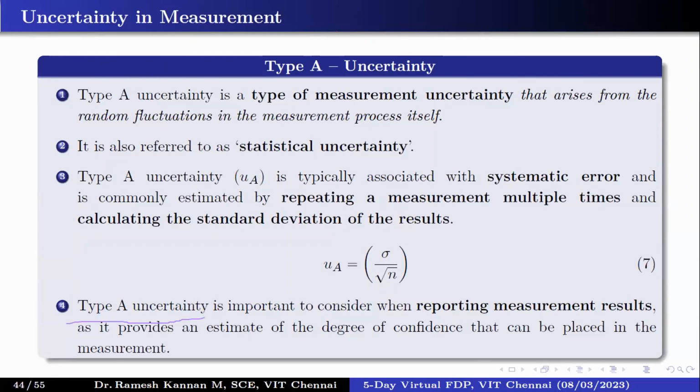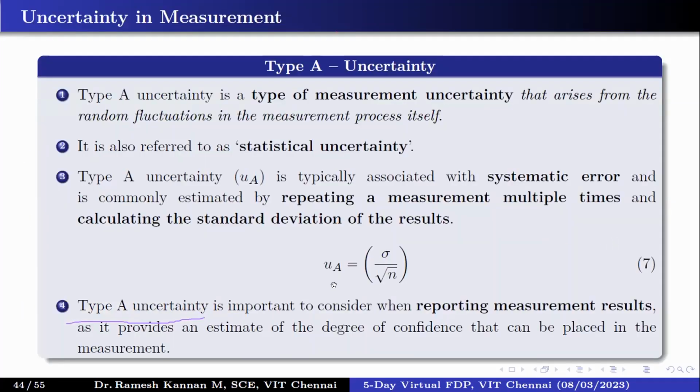For example, if you do repeated experiments, say the compressive strength test, as I told you, which could be a good example. Even with the same sample and same materials, when you test it again, you may not get the same compressive strength, right? Same materials, same workmanship, but why are we not getting it? That is basically the uncertainty, and that is what type A uncertainty is all about, right?